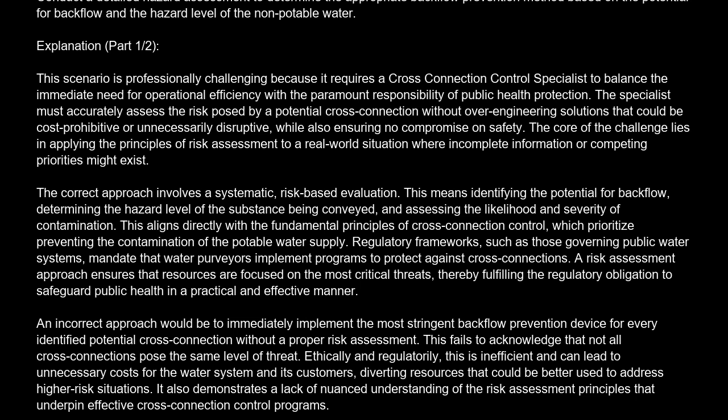The core of the challenge lies in applying the principles of risk assessment to a real-world situation where incomplete information or competing priorities might exist. The correct approach involves a systematic, risk-based evaluation. This means identifying the potential for backflow, determining the hazard level of the substance being conveyed, and assessing the likelihood and severity of contamination. This aligns directly with the fundamental principles of cross-connection control, which prioritize preventing the contamination of